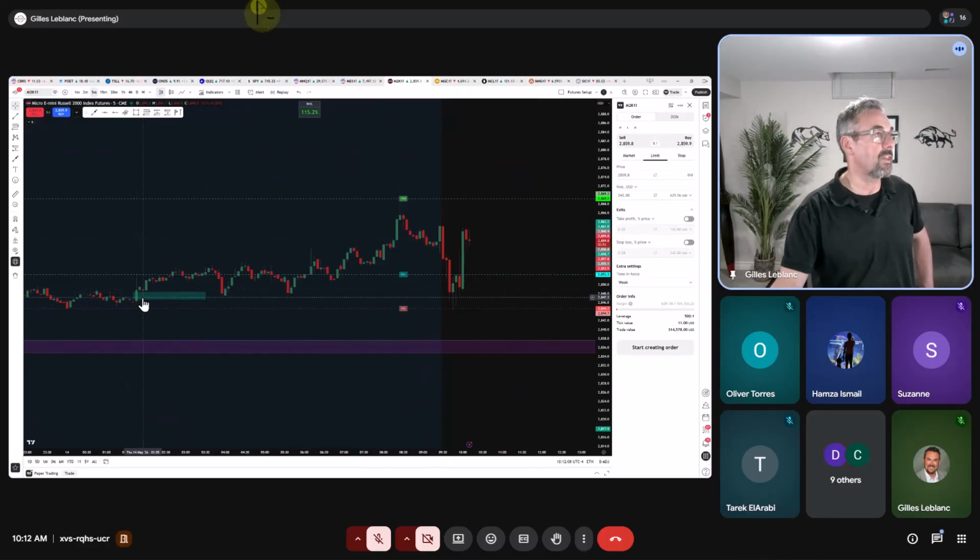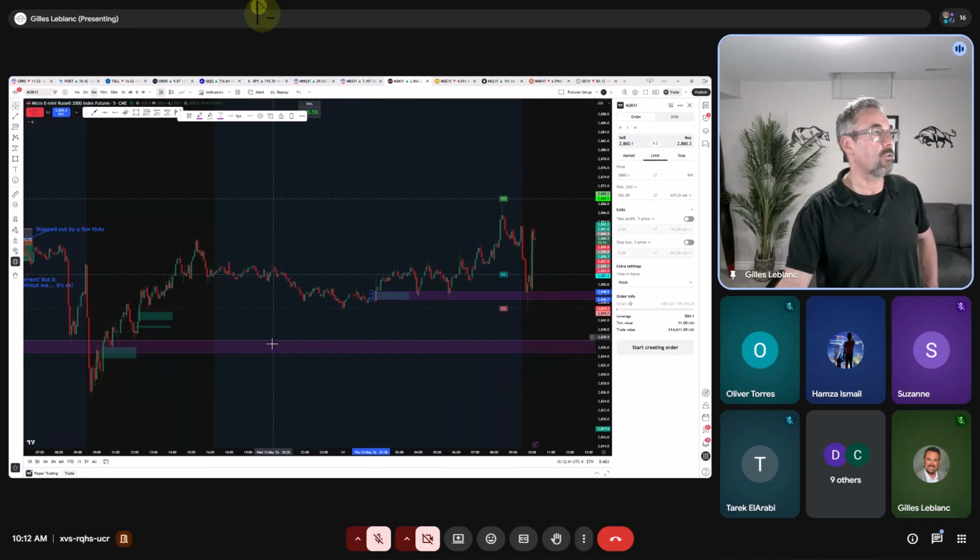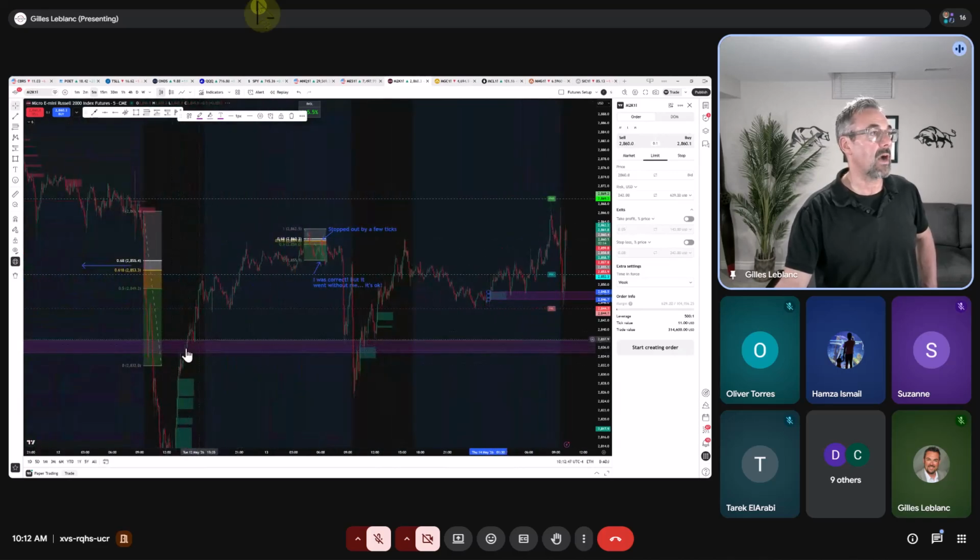And if I use this 5-minute gap and extend it, right, look at where we touched. Right? Touched it here, again here. Right? So I would be very confident in the short if we can make it below PDC and close, and then below this range here and close, and then possibly below pre-market low, which is right here, and aiming for this zone right here. Right? This is a higher time frame zone here.